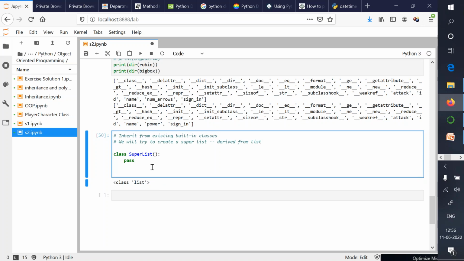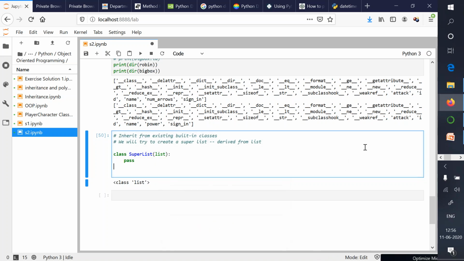Here I have not inherited this class from the list class, but if I want to do that inheritance, I'll simply write list over here. Please understand the meaning of writing list over here. If in the brackets you mention list, then that will mean to the system that we want to inherit our super list from the list class. So the list class will act as a base class or super class for this super list.